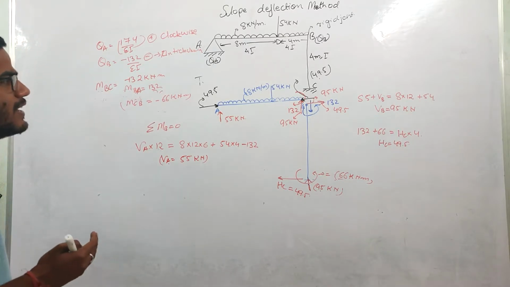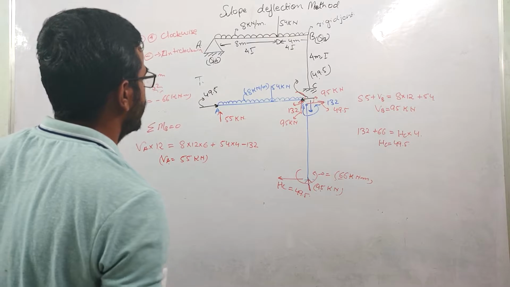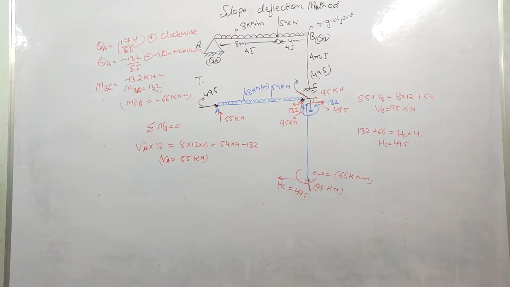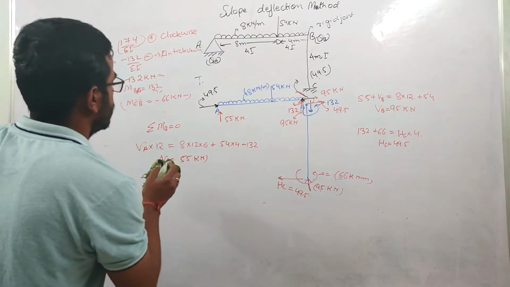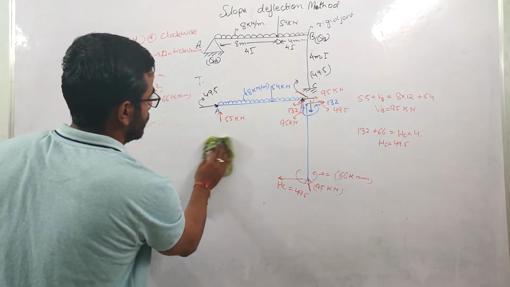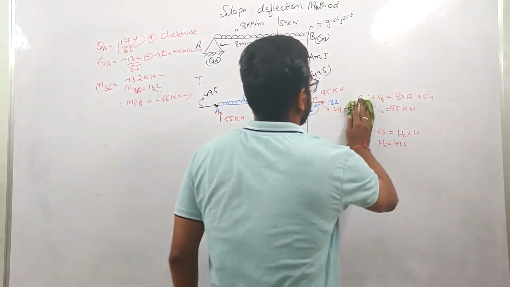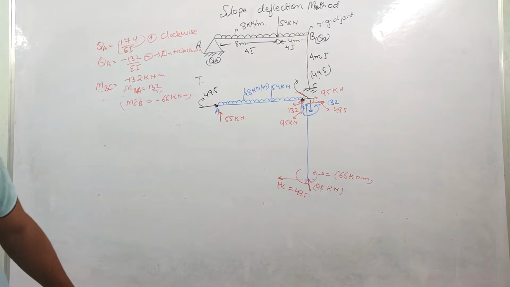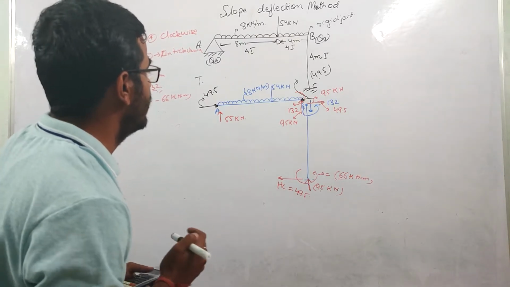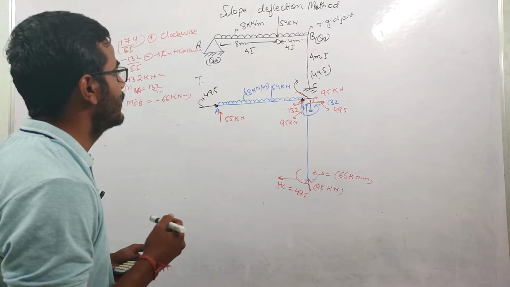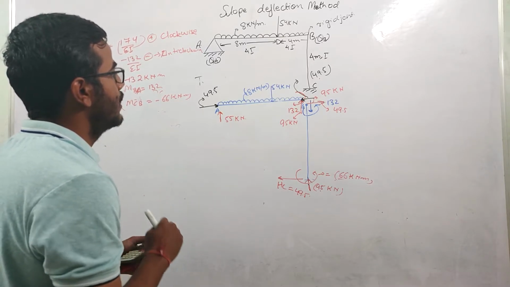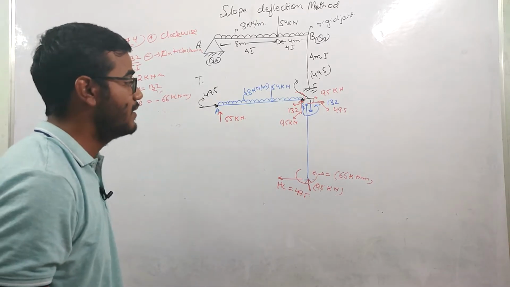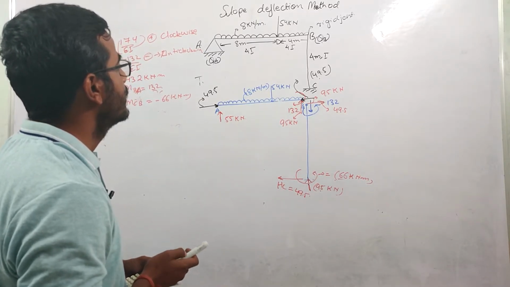Now with the help of this we can easily plot the shear force and the bending moment, right? So let us do that. Guys, this free body diagram is very important. You need to have a clear idea how the forces are generated and how they are transferred from one member to another, like from this beam to this column. That is an important thing to understand, right?